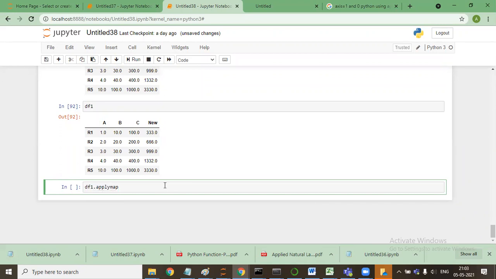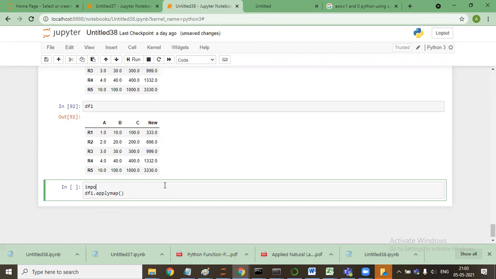applymap, and I'll say import numpy as np, applymap np.square.